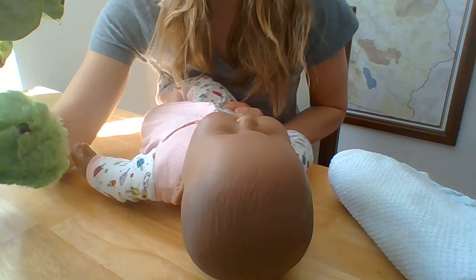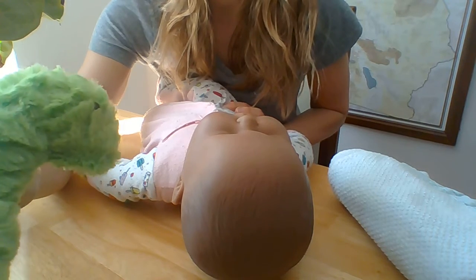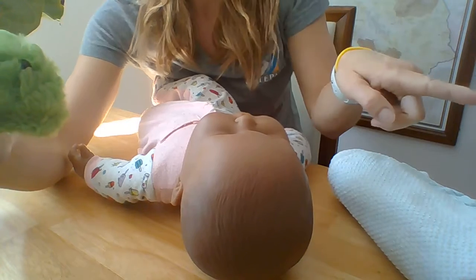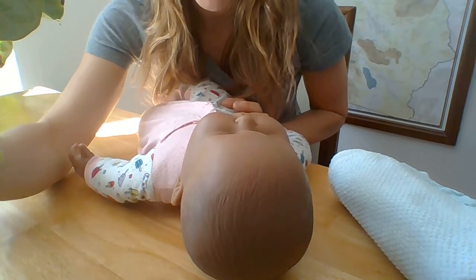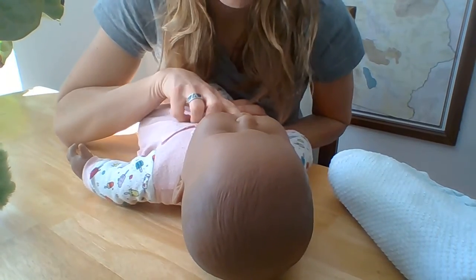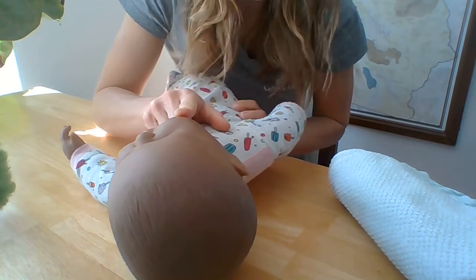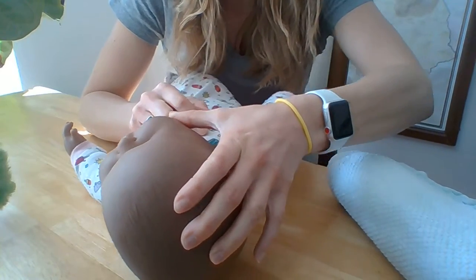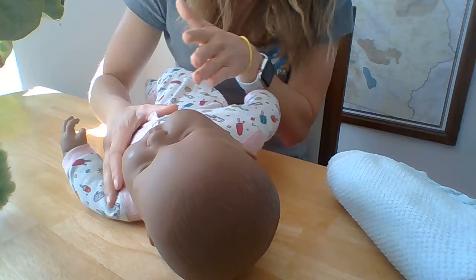And as she's moving, I might move the toy a little bit more to the left, a little bit more back and towards her right, so that she's motivated to keep looking. Because the key here is that babies have a reflex where when they look, their bodies follow their head. So you want that baby's attention to be turning this way, looking for that toy, and that initiates the movement